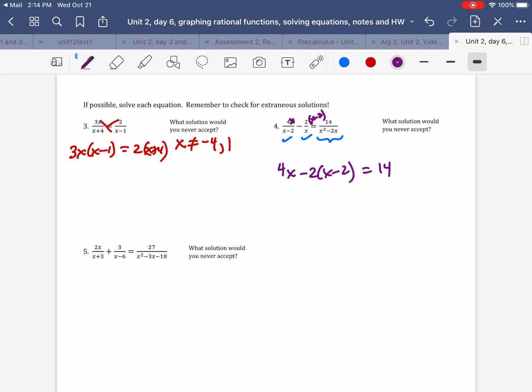Mosquito. Oh, I got him. All right, sorry. Anyway,